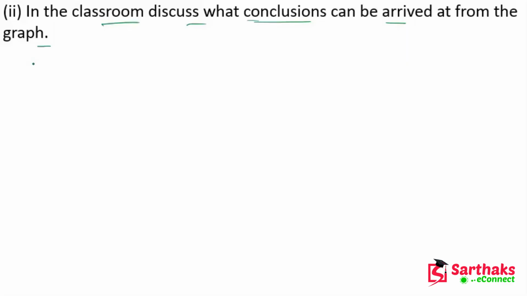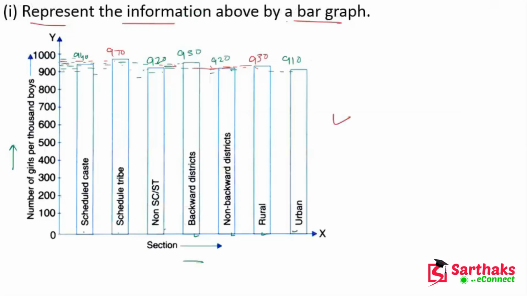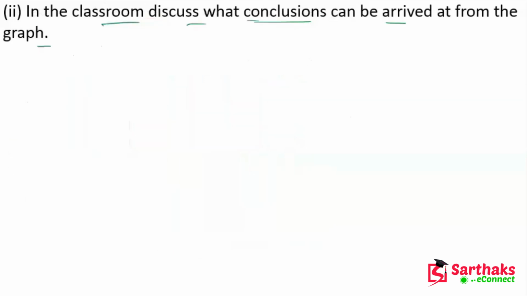So here we can see that the maximum number of girls per 1000 boys, that is 970, is for scheduled tribe. Here you can see this is the maximum number of girls per 1000 boys, for ST. And the minimum number of girls per 1000 boys, this is 910, for urban. So we can write here as from this graph we can conclude that